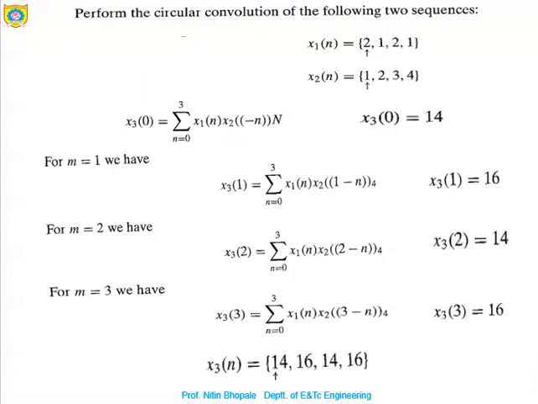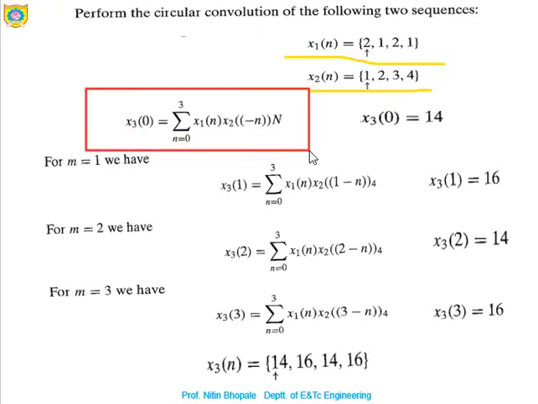Now let's proceed to the next. How to find out the circular convolution between the two sequences. Let's say these are the two sequences which are given. The first one is x1 of n, the second is x2 of n. For these two sequences, if we want to apply the formula, that will be the x3 of